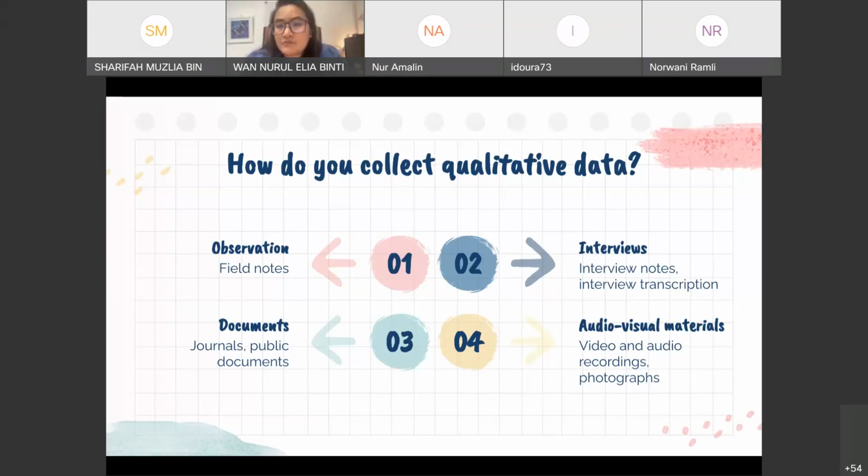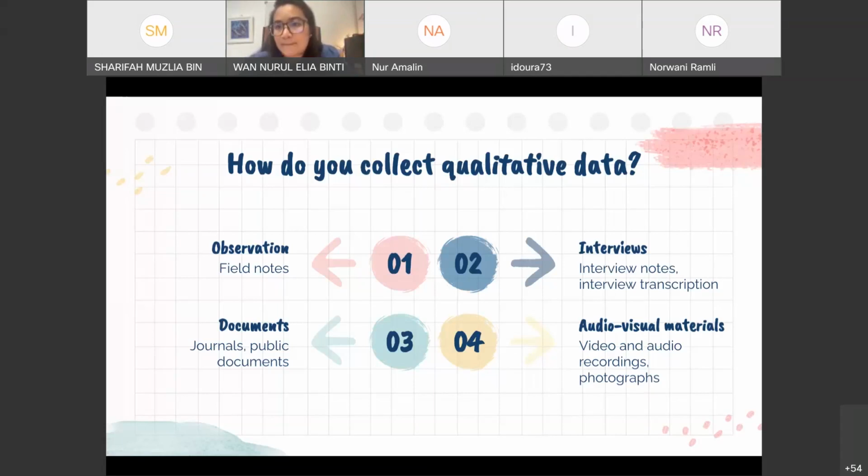So that's why I said you have to be very clear in terms of what you want from your research. All right. So secondly, all right, you may also have interviews. So interviews, there are many different types of interviews. So you have the semi-structured interview, you have structured interview, you also have focus group interviews. So there are many different types of interviews that you can explore. So all those are the different variations that you can have for interviews.